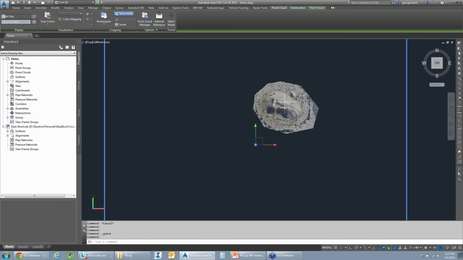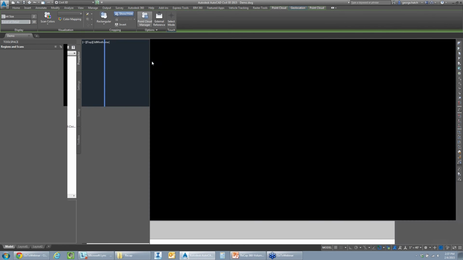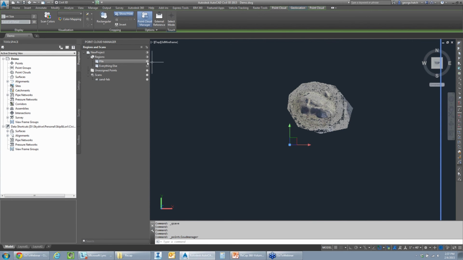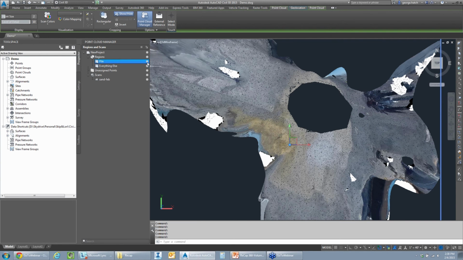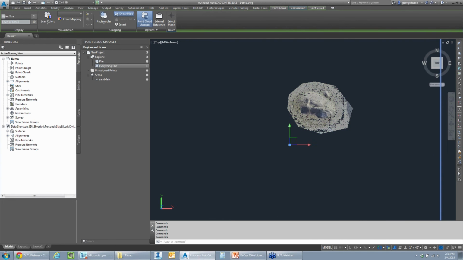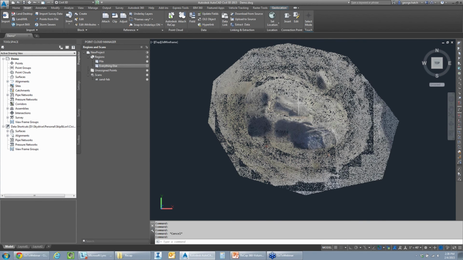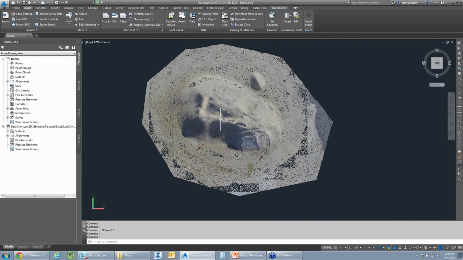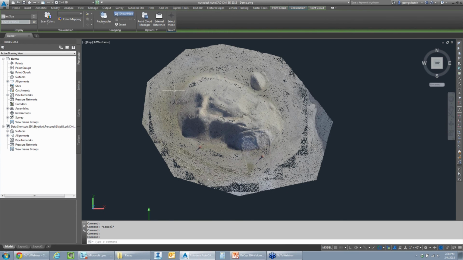And I'm going to select the point cloud and just take note that if I go to my point cloud manager, I actually have those regions that I created here, which means that if I want to, I can turn them on and turn them off all right here from this dialog box. What's also very handy about the point clouds inside of Civil3D, and this is only true if it's a ReCap point cloud,